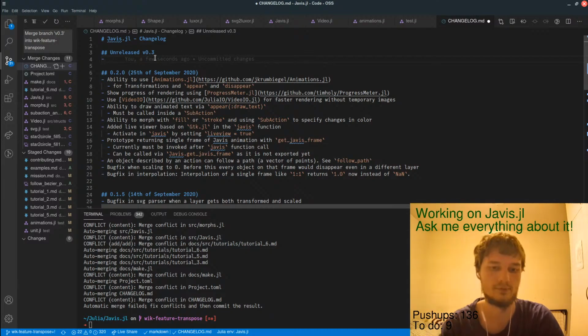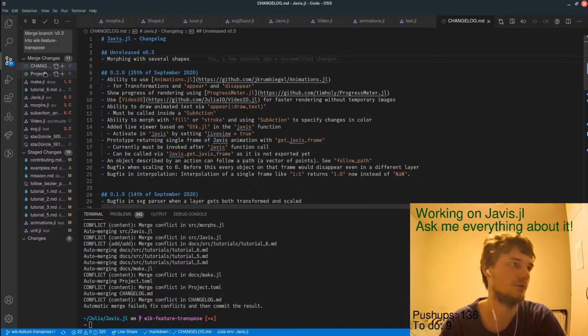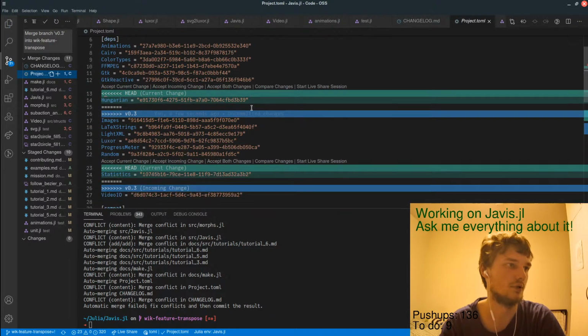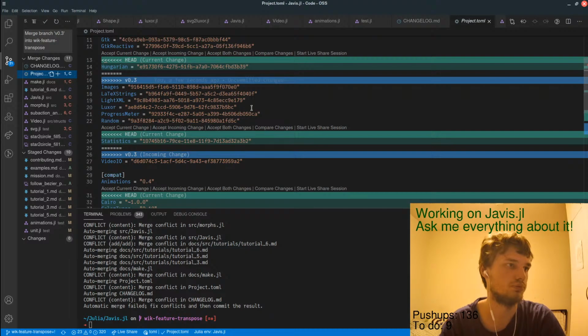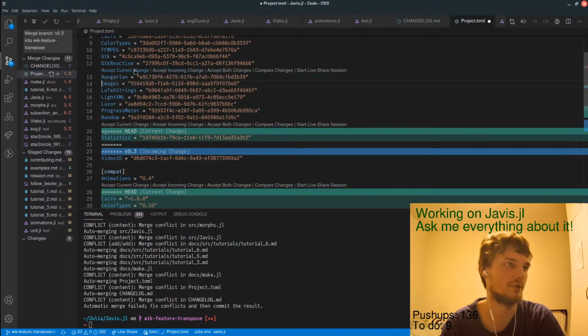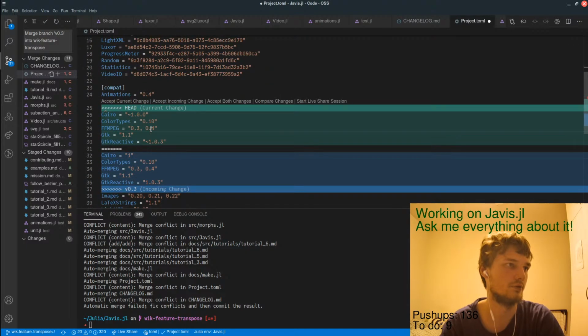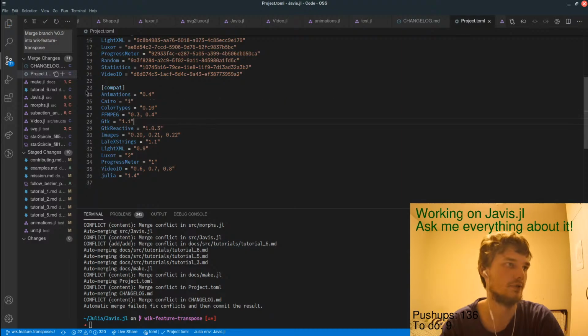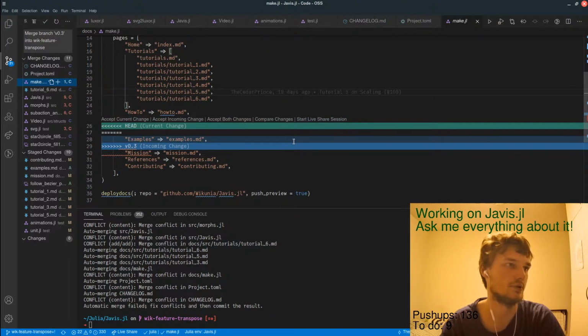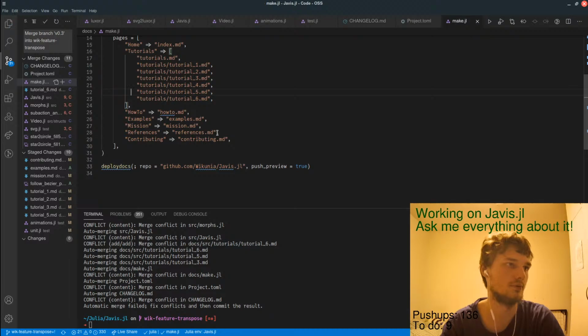Okay, so morphing with several shapes. Okay. Accept current shape. Accept current shape. Cairo. Incoming change, I guess. What is that?